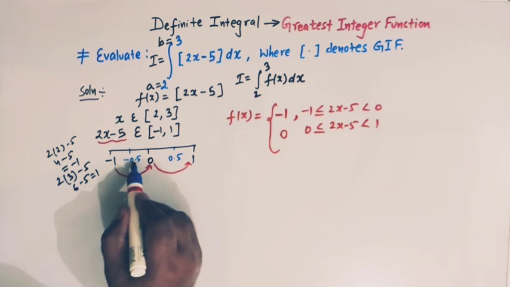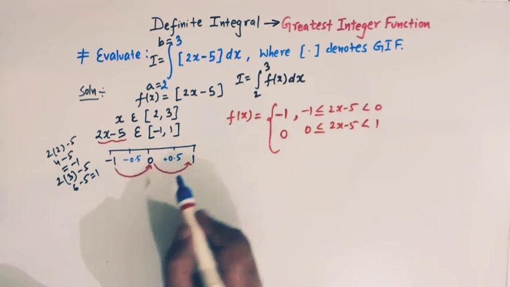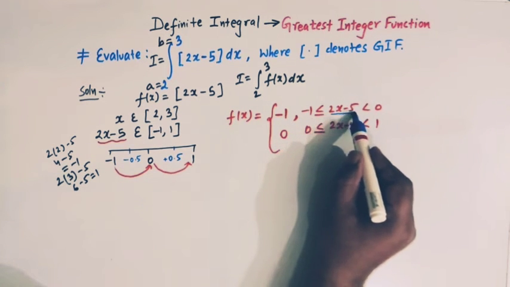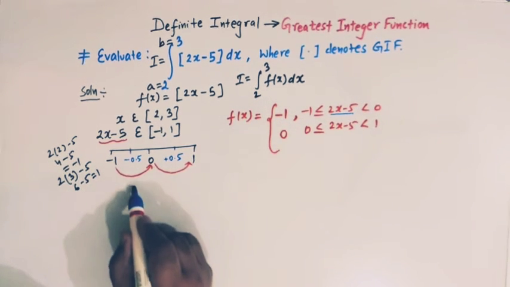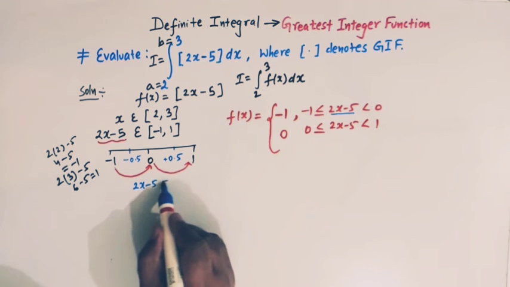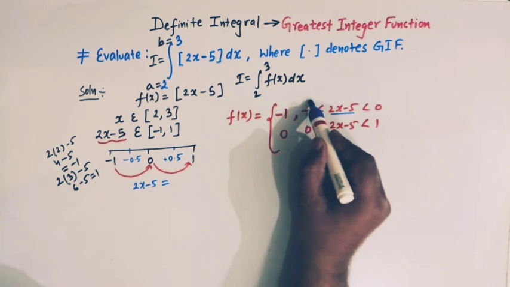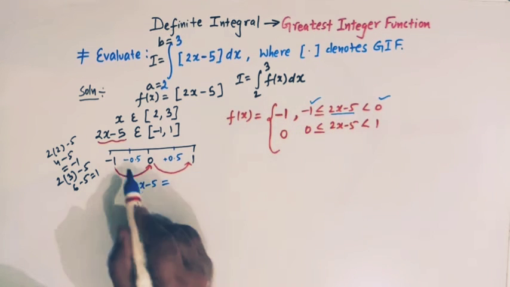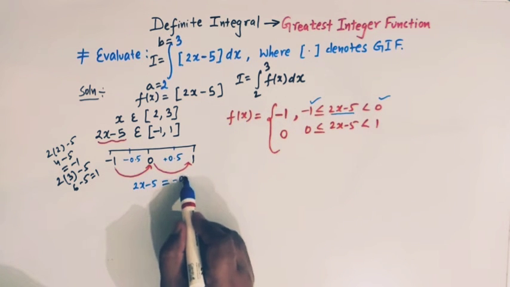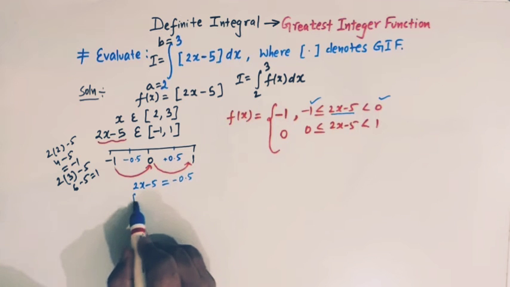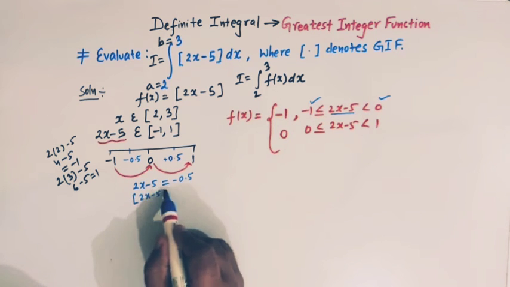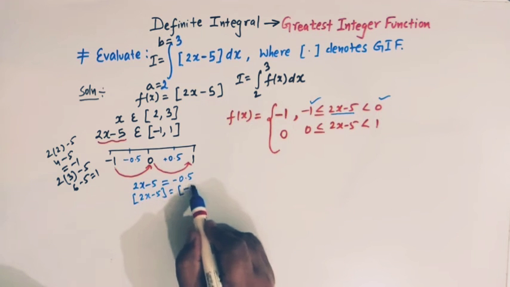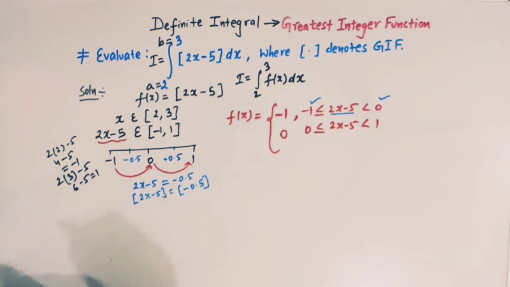So here we have negative 0.5, here we have positive 0.5. So when 2x minus 5 lies between minus 1 and 0, it means the value of 2x minus 5 is minus 0.5, then the value of the greatest integer of minus 0.5